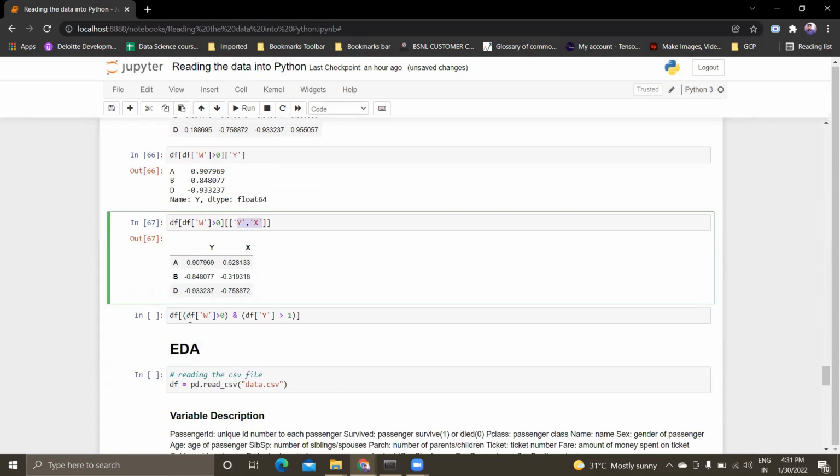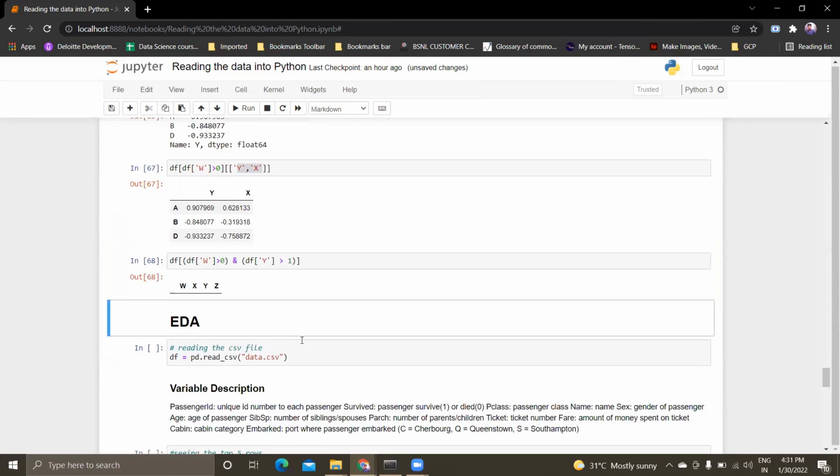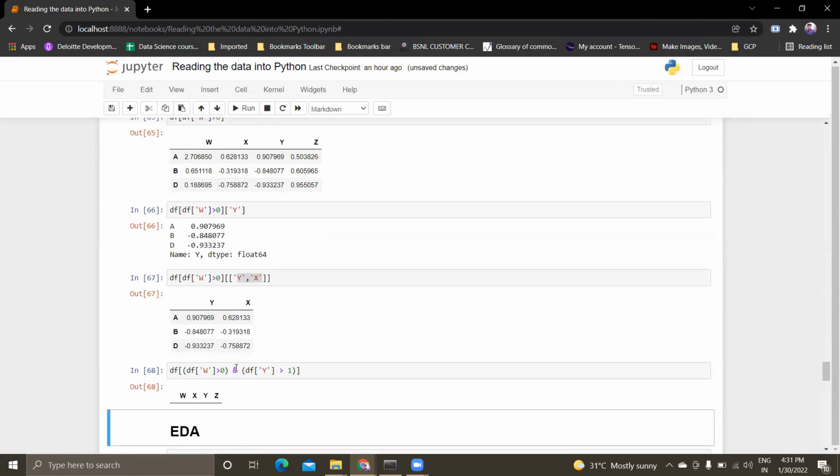The same way, this type will fetch the results of 0 and y from this entire data frame. For this condition, there is no data satisfying these two conditions inside the data frame, so basically we got a null value.